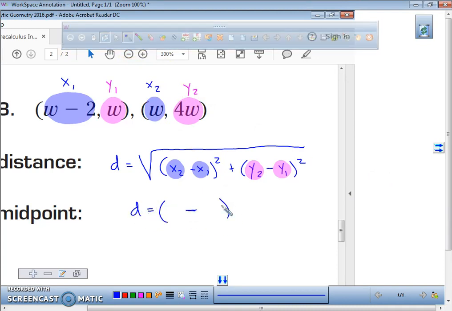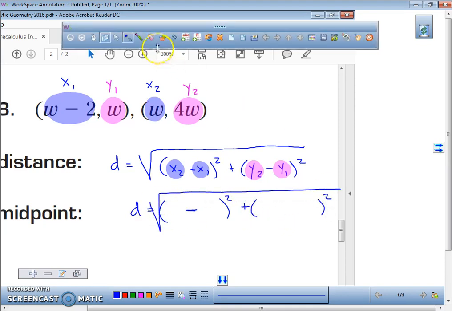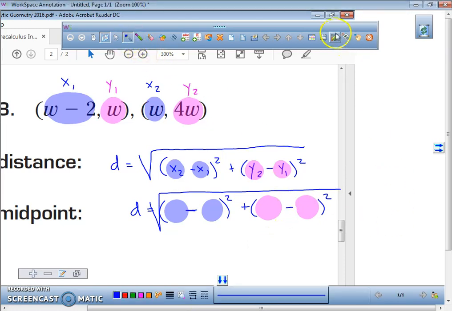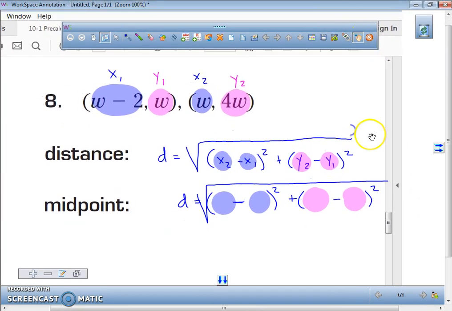All right, I'm going to put a minus sign. Put a minus sign, put the big old square root. Put a blue, magenta, minus sign. Okay. Now that you have everything labeled accordingly as planned,